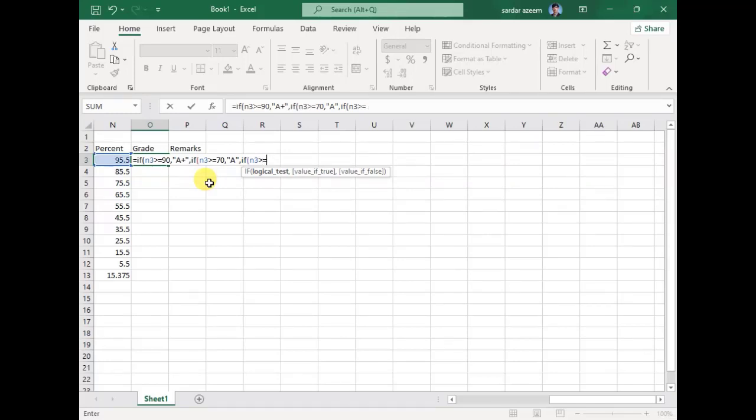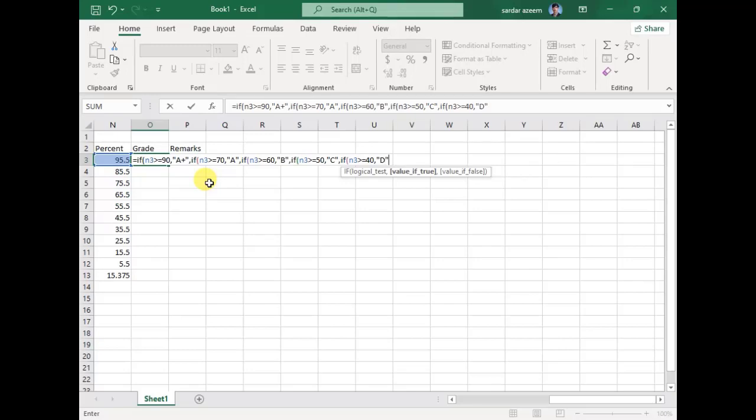Now I said that if the percentage is between 60 and 70, comma, double quote, this student will get B grade, comma, if bracket, percentage is greater than or equal to 50, that means percentage is between 50 and 60, this student will get the grade of C, comma, if bracket starts, percentage is greater than or equal to 40. That means if a student is getting percentage between 40 and 50, he will get D grade,